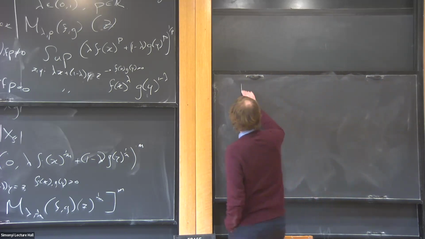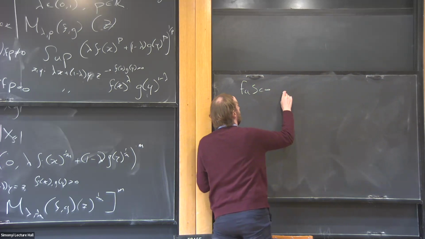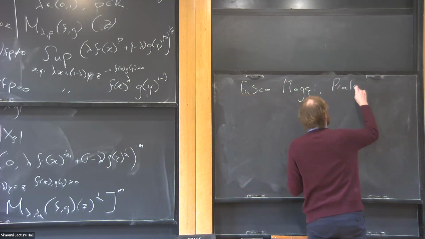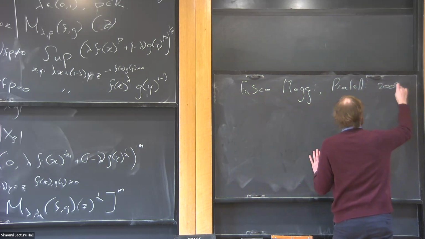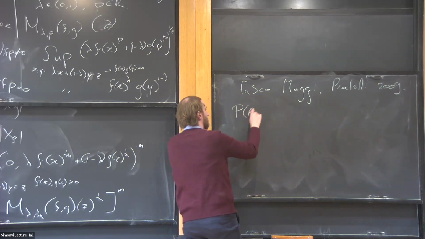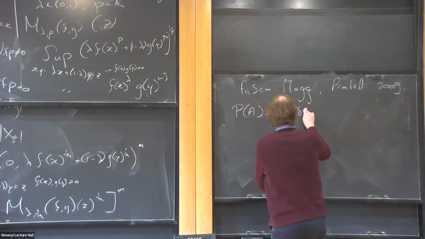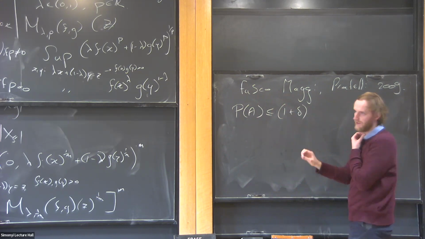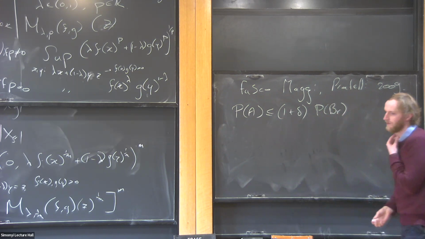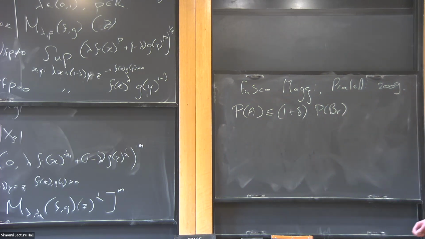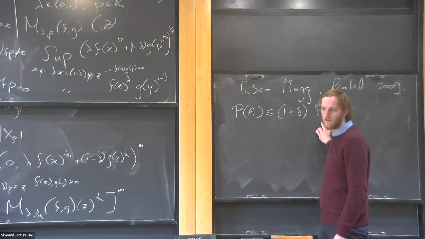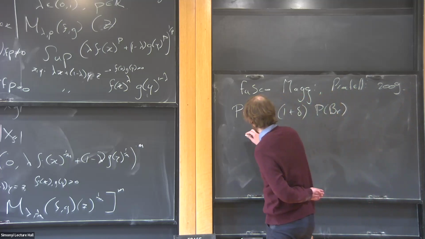A landmark result by Simonyi, Matilli, 2009, showed that if the set A is at most 1 plus delta times this minimal boundary, then the set A must look a lot like a ball in the following sense,